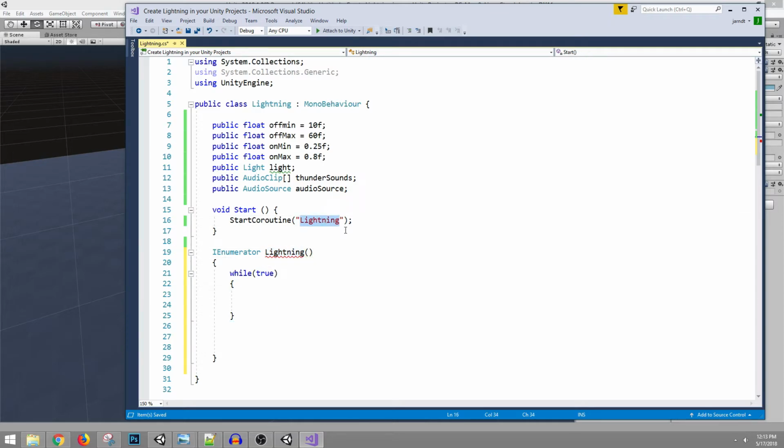Maybe there's a spelling error in there. I'll copy and paste this over. Yeah, we'll look at that later. Okay, so while true, what we want to do is yield